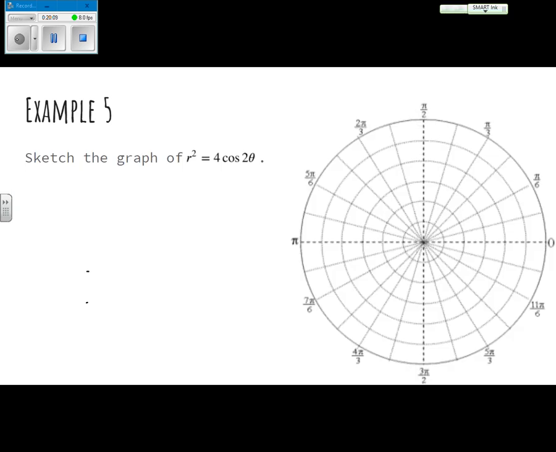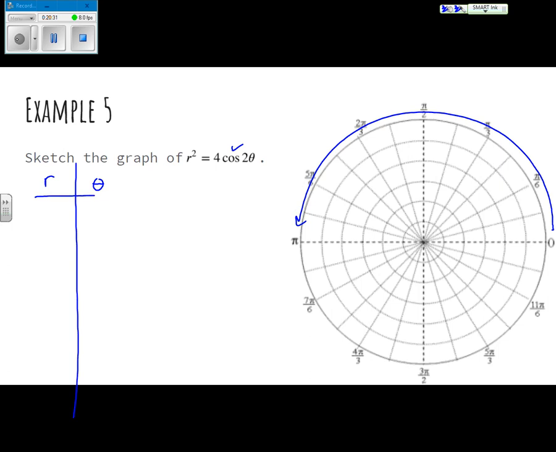Okay. So this one's a little bit different. It's got an r squared in it right here. And we're dealing with cosine. So if we're dealing with cosine, remember that's still just going to be the top half of my graph. If we don't get some more sines in here, we'll come up with some. So if I make my r theta table, make sure I'm putting my angles on the right side. I've already had to redo this video once. And again, I'm just going to go from 0